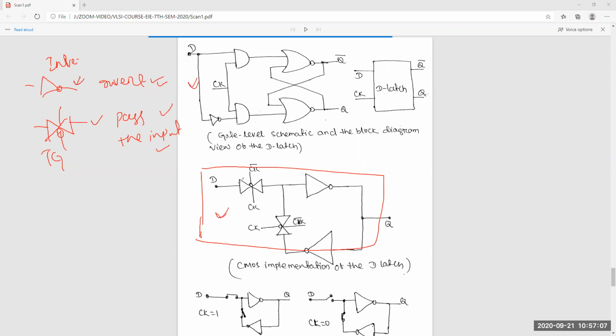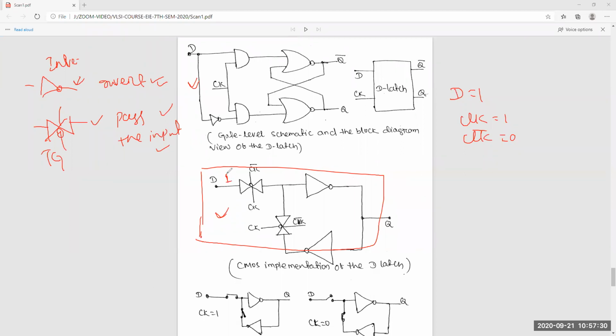Here you can see how it is working as a latch. Suppose D is equal to 1, clock is equal to 1 and clock bar is equal to 0.